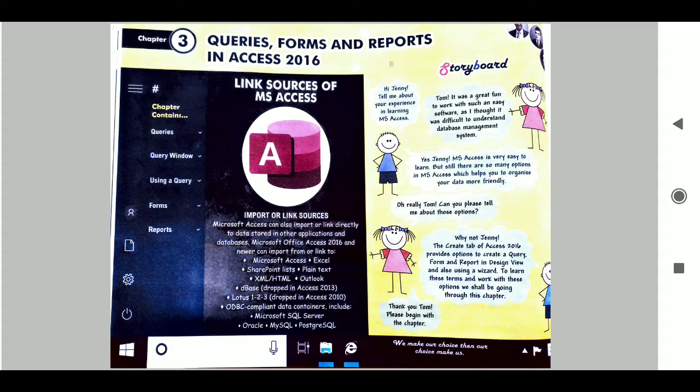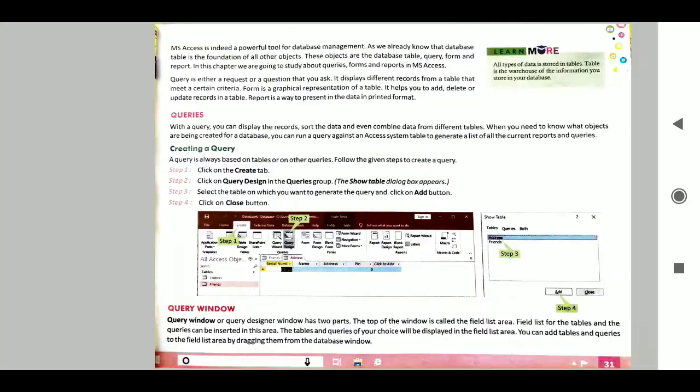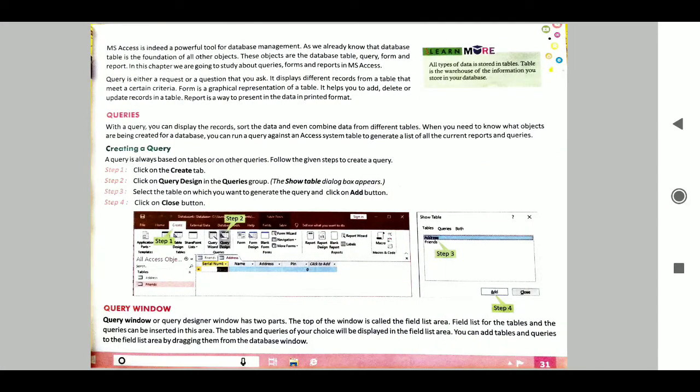Now the uses of MS Access: how to ask queries, how to get the report, how to get the form, or how to pop out or take out the data from the table or the created database. Let's see that. It's written there, MS Access is indeed a powerful tool for database management.